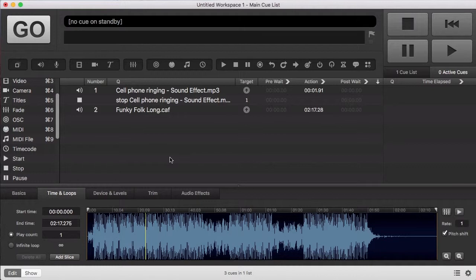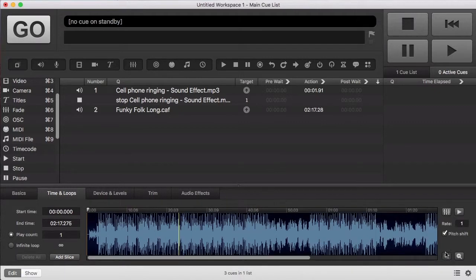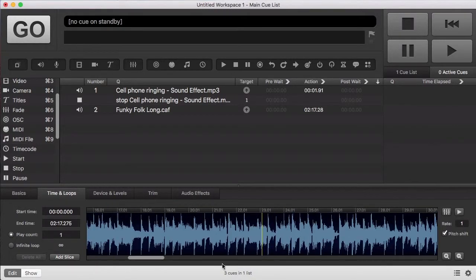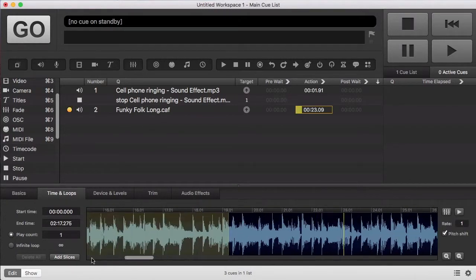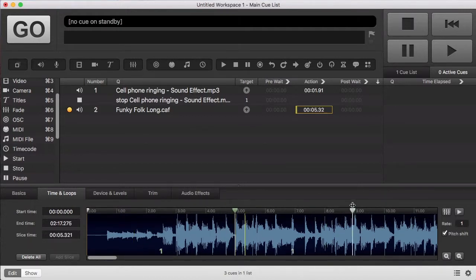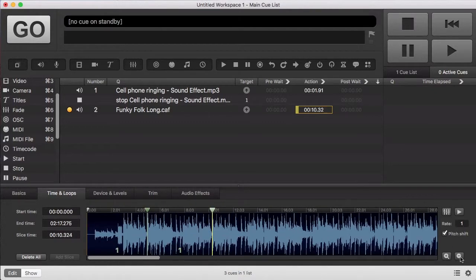We can use something called slices to just loop a certain part of the track. So let's add a couple of slices. First, let's zoom in on the track just so we can see a bit more detail. Okay, now I'm going to add my slices by clicking Add Slice and then dragging it to where I want. Now if I zoom back out again,